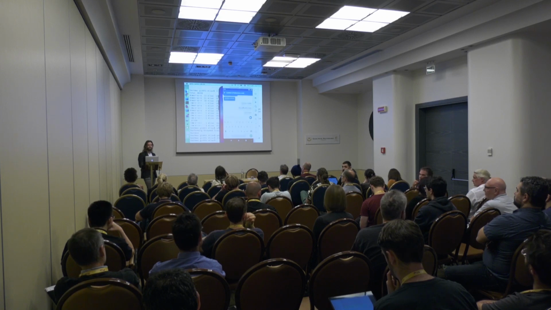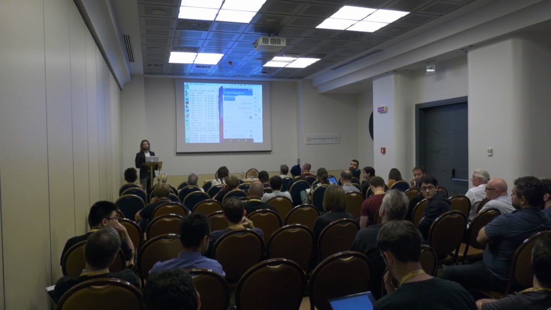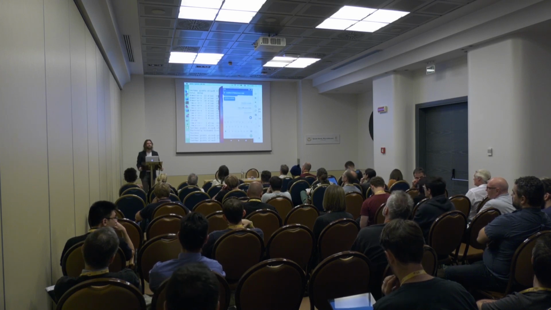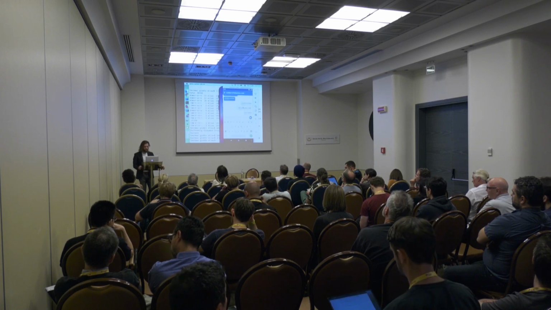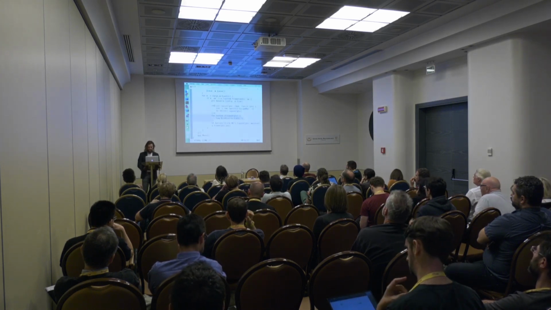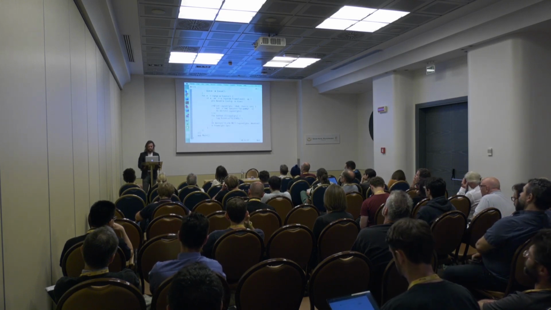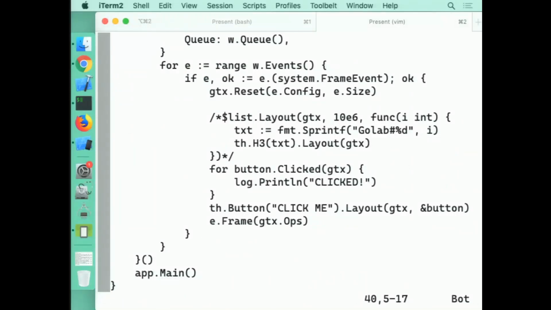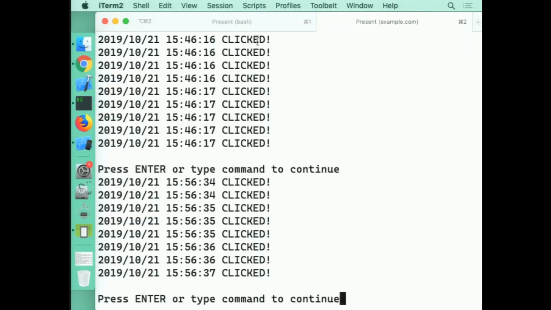So under which circumstances is the frame event generated, and what do you have to do if you want to initiate a redraw from the program? Good question, good question. I'll just show it very, very quickly. So if you are a widget and want to animate, for example, the button, this animation, you'd like to redraw as fast as possible. As soon as you see the click, you want to redraw. You can issue